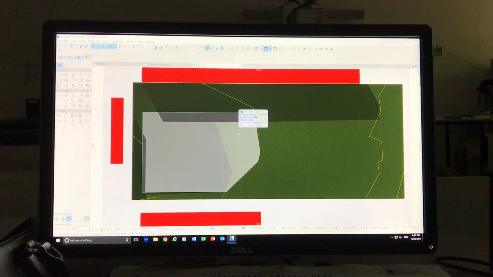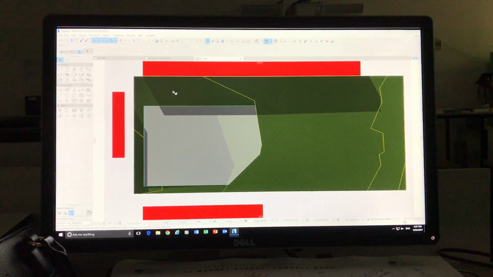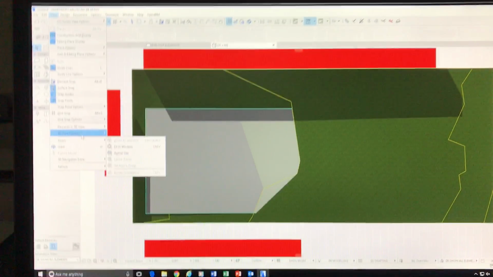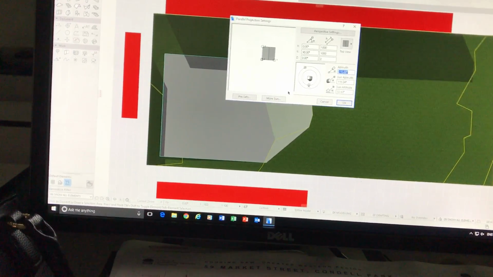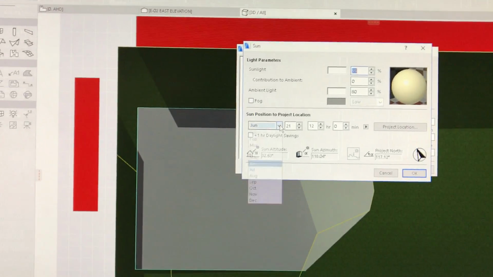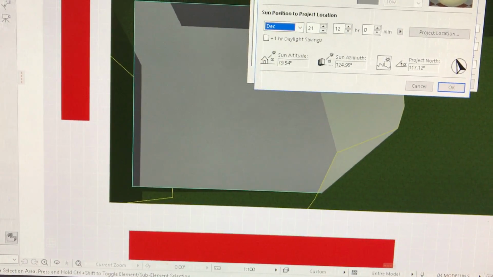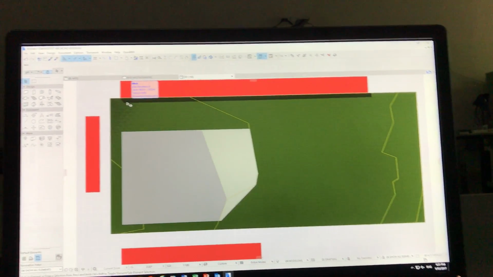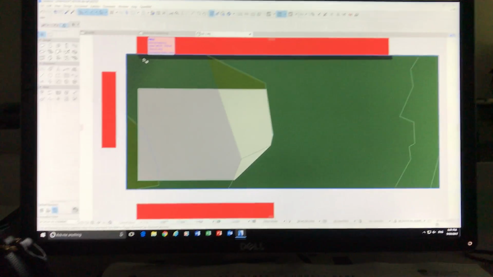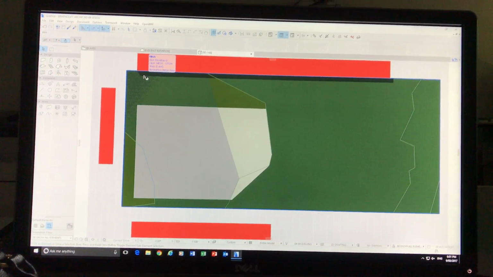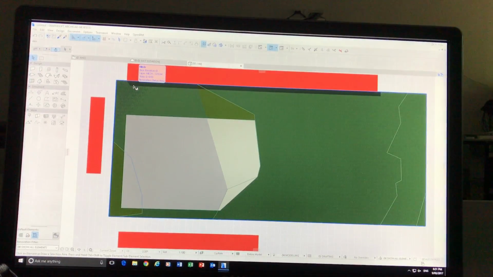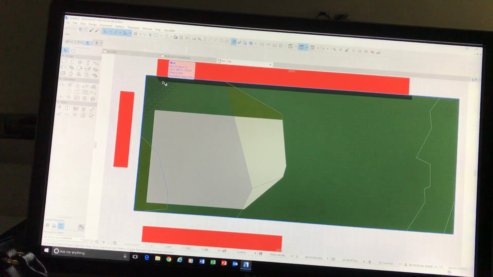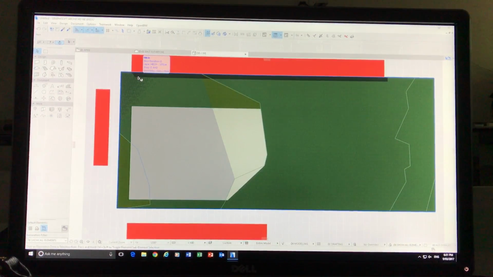Let's compare the shadows with December 21. So we go to View, 3D View Options, 3D Projection Settings, More Sun. Let's change that to December. Straight away you see how little shadow there is. That should help you in some respects in designing possibly a more solar orientated building, which is what I'm hoping we'll do. If we want to design sustainable buildings, the first thing that we have to do